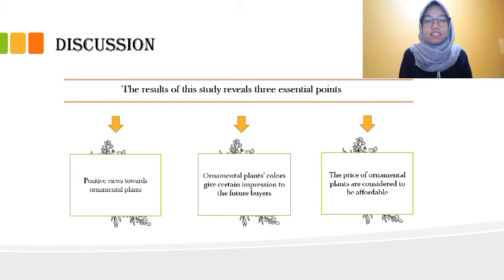The second one is that ornamental plant colors give certain impressions to future buyers, and certain colors are more favorable than others. The last one is that the price of ornamental plants is considered to be affordable for students.